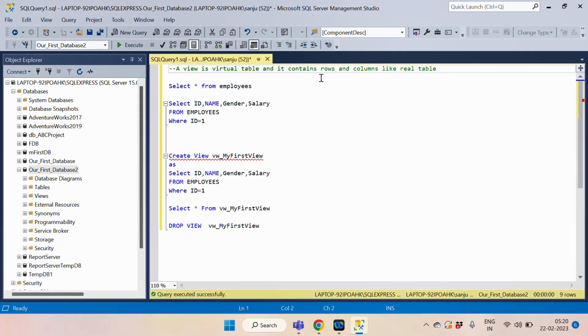So today we will discuss views and how to create a view in SQL Server. So let's see the definition first. A view is a virtual table and it contains rows and columns like the real table. So now the question is, what's the difference between the real table and the view, and why do we